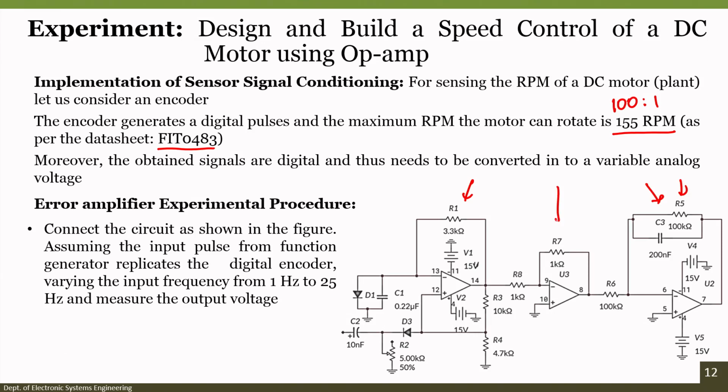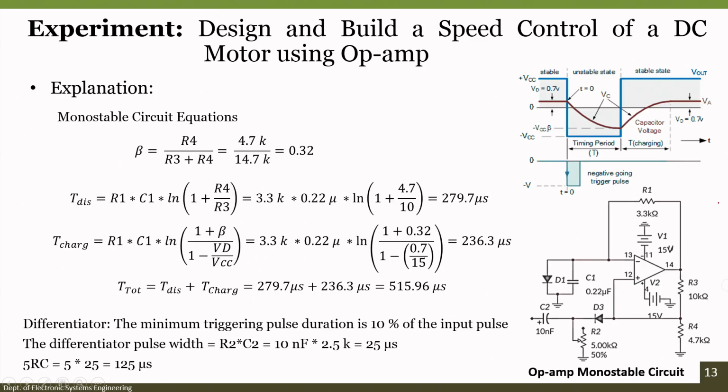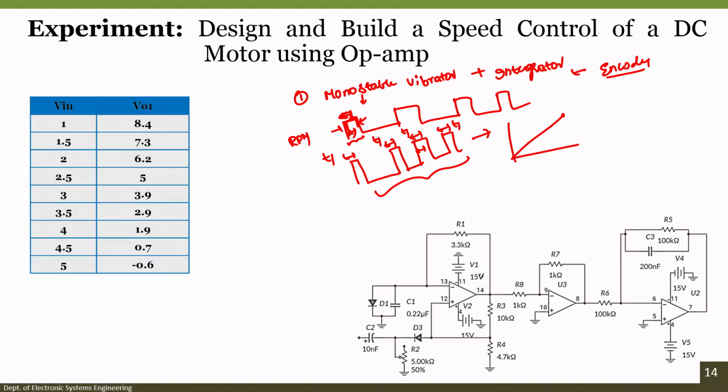I will also explain why exactly we are using an inverting amplifier here, but just recall our previous lectures about the understanding of a monostable multivibrator as well as understanding of a practical integrator. Now, the complete purpose of going with a monostable multivibrator is to provide fixed duration pulses, to provide a fixed duration of on time. But how do we generate it?